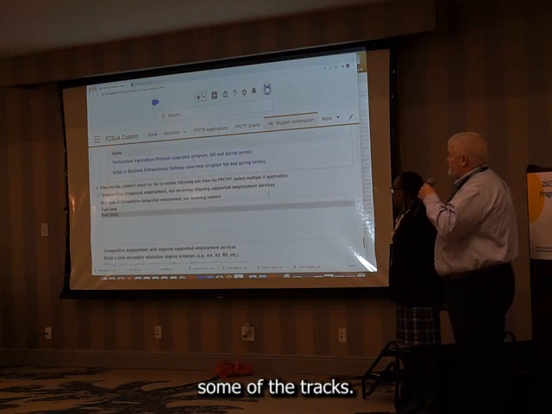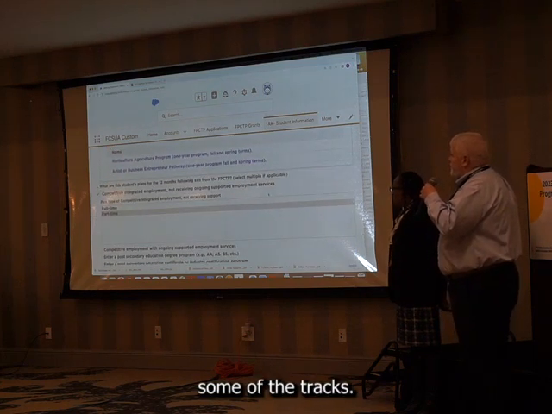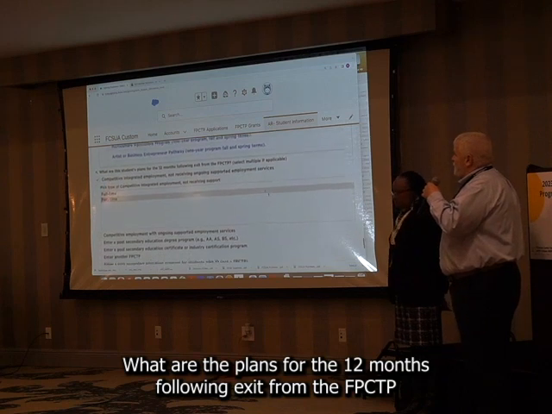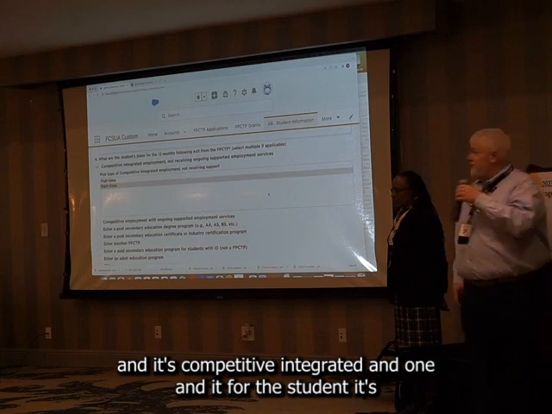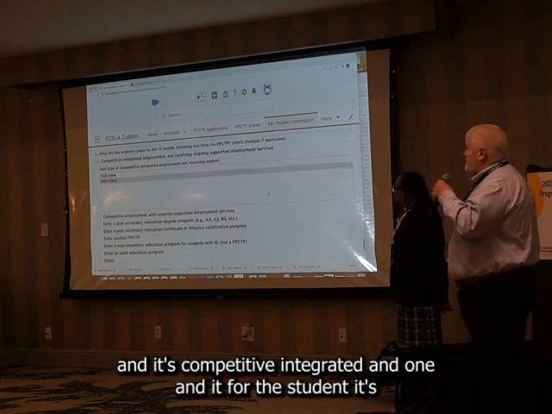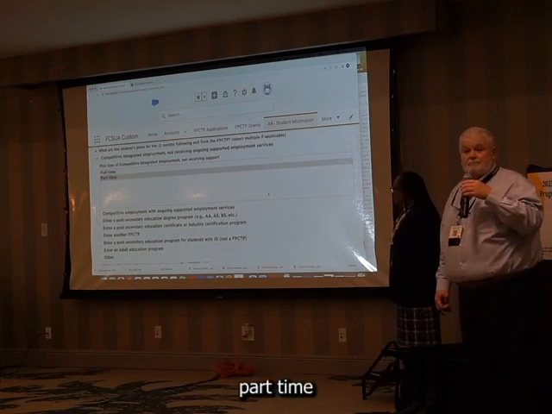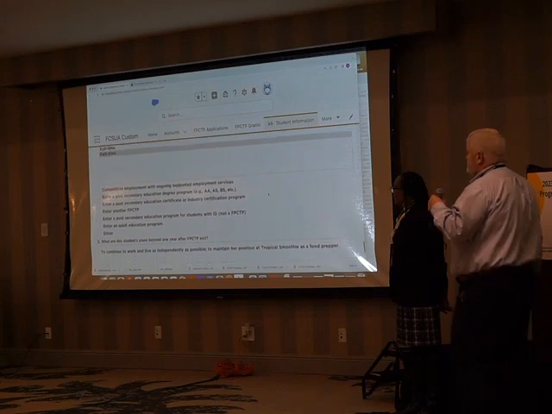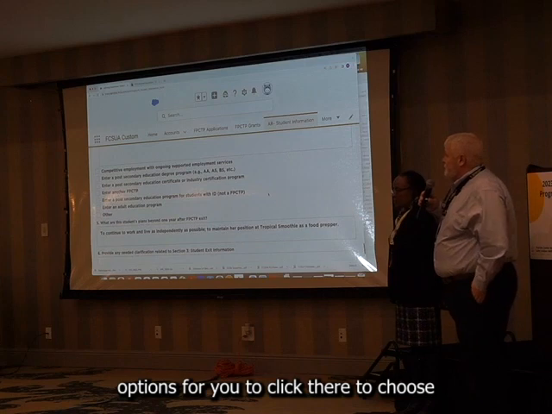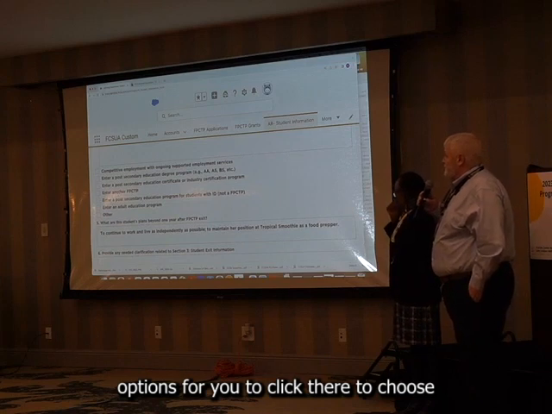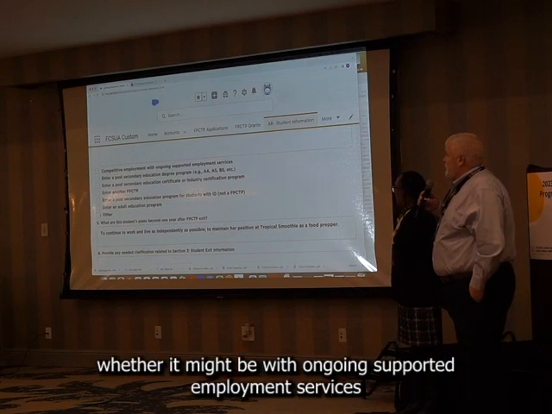These are some of the tracks. What are the plans for the 12 months following exit from the FBCTP and its competitive integrated employment? And for this student, it's part-time. There are also these other options for you to click there to choose, whether it might be with ongoing supported